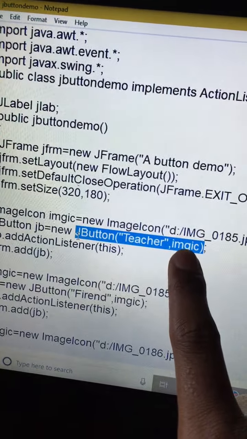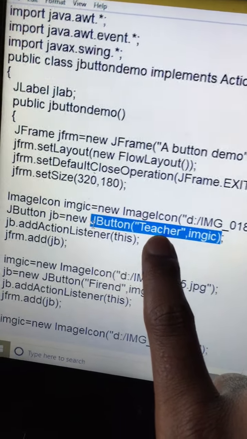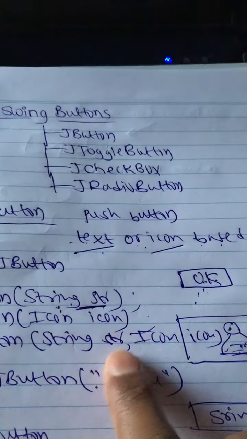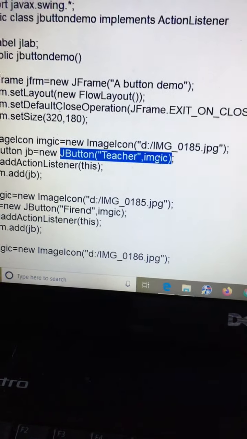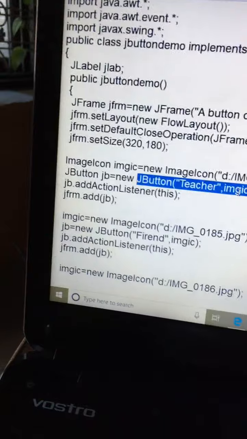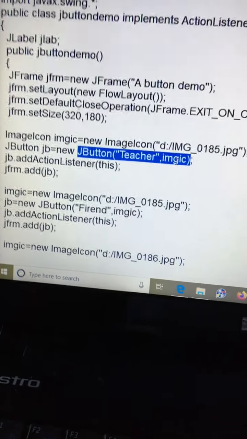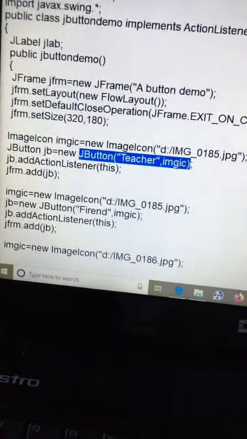Now imgic has the icon, and this is the string. So we are creating a button with text and icon. As we said earlier, a button can have both text and icon.